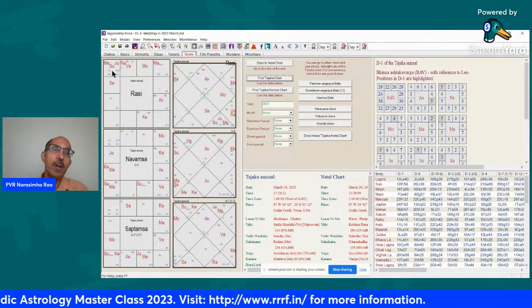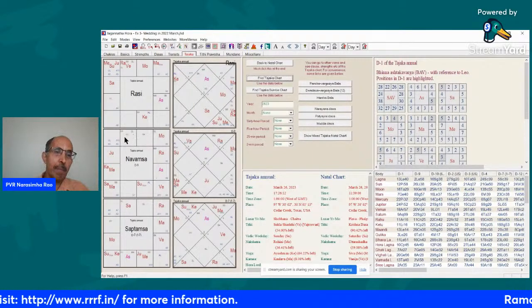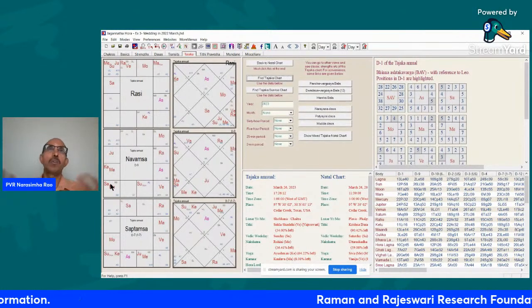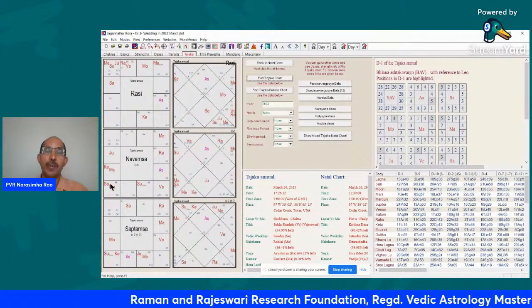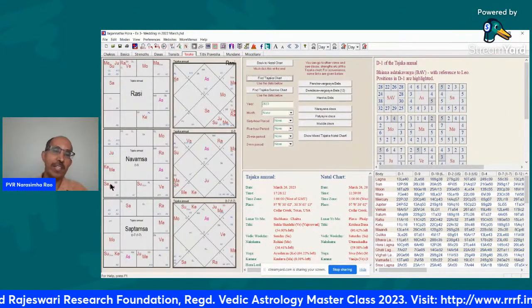So you can see what are the key combinations here, what is the one that protects the marriage. For example, you can say that Mars, the ninth lord, is in the fifth house, so maybe he is the protection. So worship Subramanya or Hanuman during that time, or Narasimha during that time. So you can suggest prayers at the time a new year starts also, if you see something bad in a year.